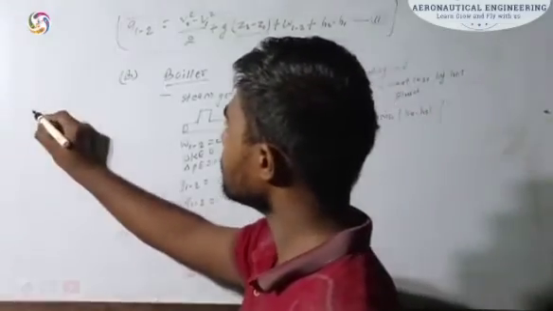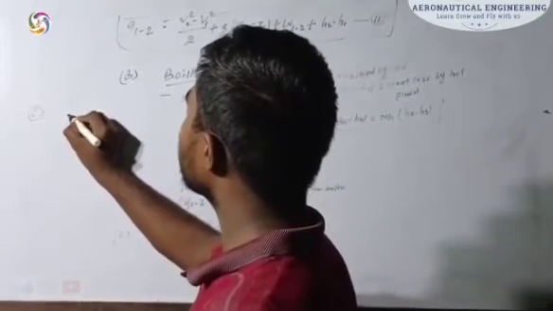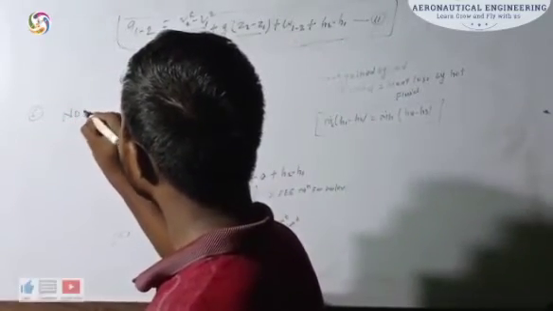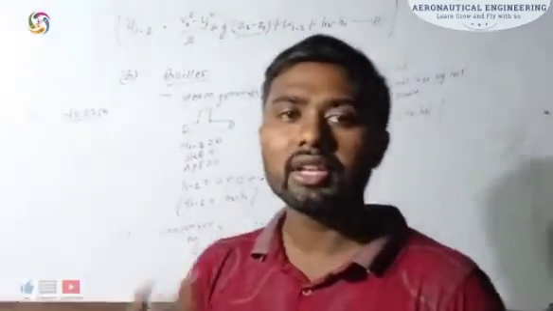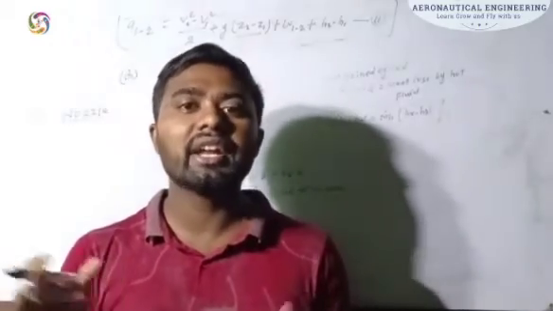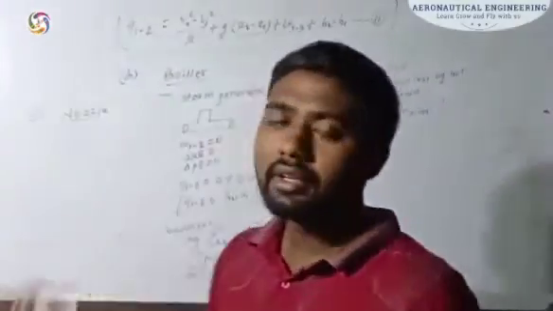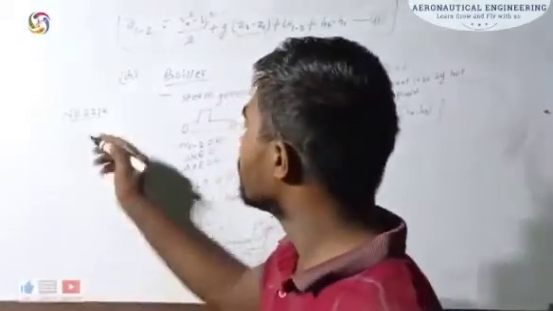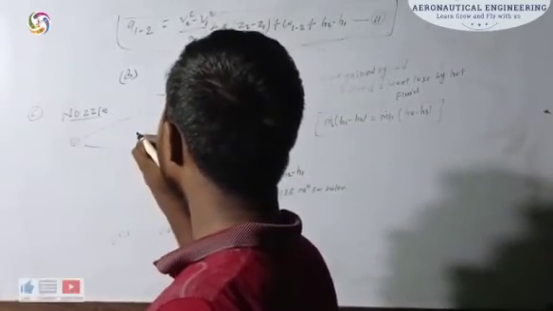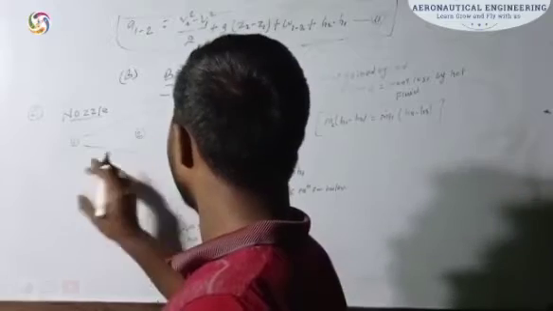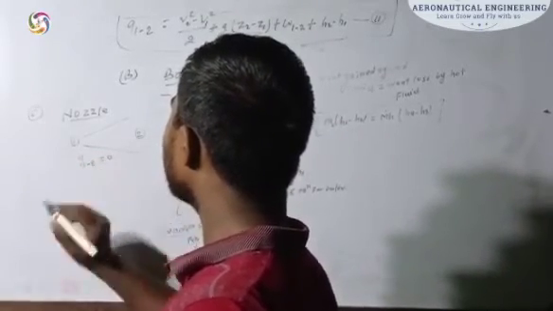Now we are going to see the steady flow energy equation in case of nozzle. So we know that nozzle is a device which just increase the kinetic energy of the fluid or velocity of the fluid and decrease the pressure. So see, suppose this one is a CD nozzle, here is the inlet, here is the outlet. So in case of nozzle, there is no heat exchange. So Q12 equal to 0.